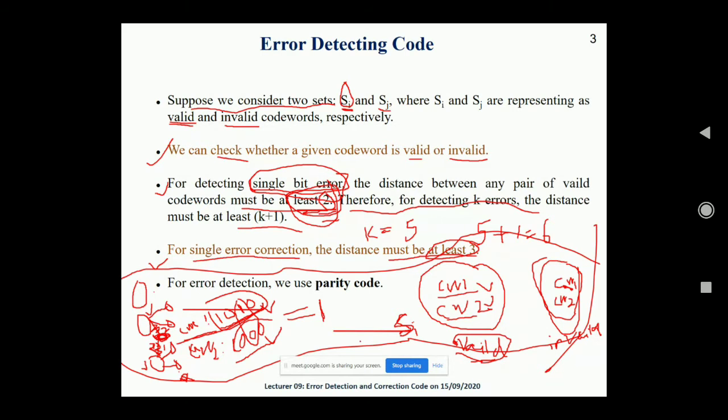Okay, now you can extend this particular concept to error correction. अगर मेरा डिटेक्टिंग के लिए क्या हो रहा है, और ऑब्वियसली इफ वी आर यूजिंग ओनली सिंगल बिट एरर,